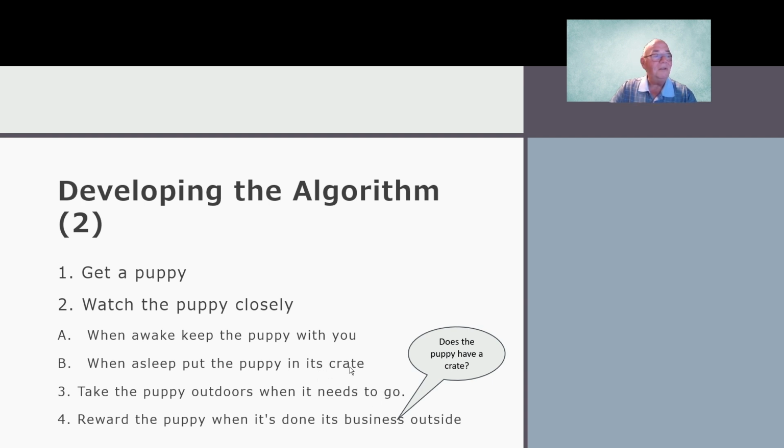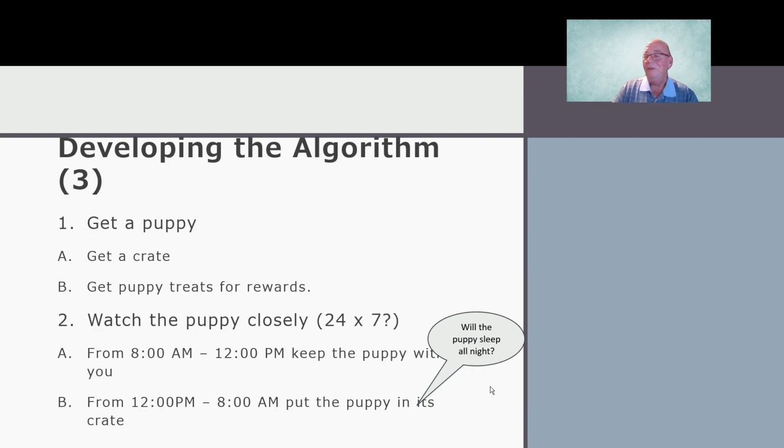And for that matter, okay, how do I reward the puppy? So another iteration, another round of refinement. Now I noticed that after I get the puppy, I've got to get a crate and I've got to get treats for rewards. Even though originally I didn't have sub-steps for getting the puppy,